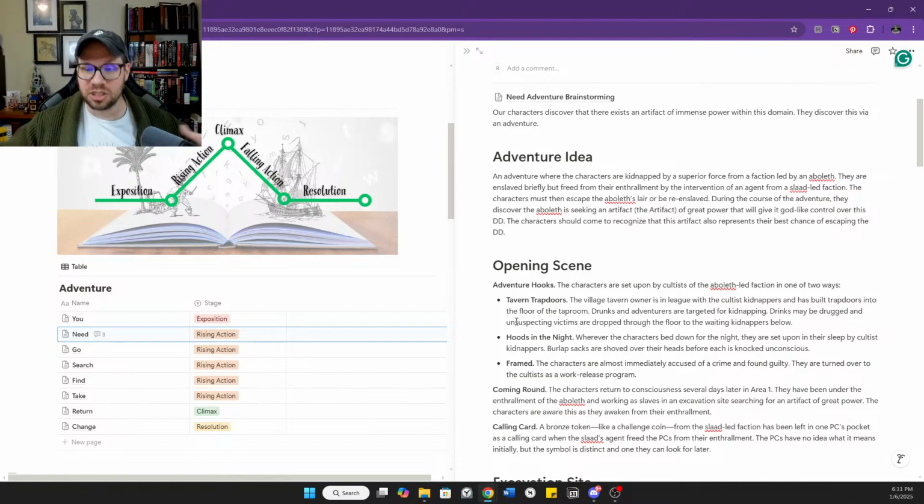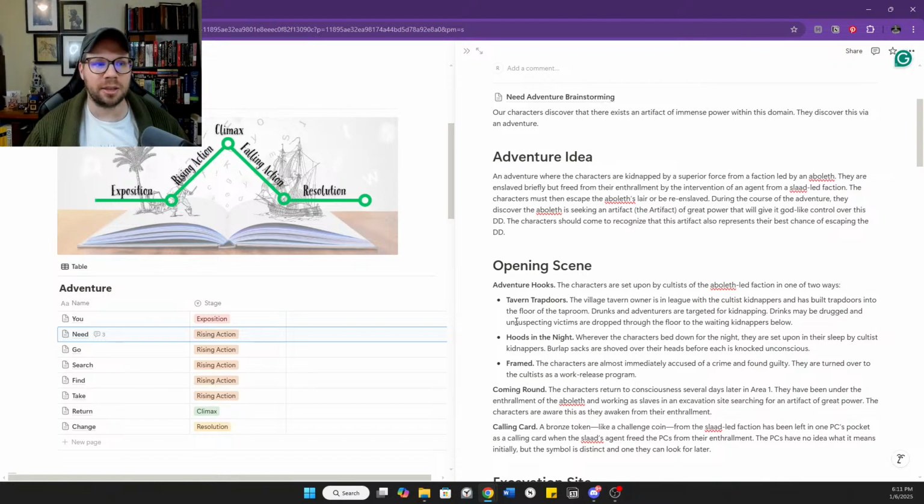And the characters then have to escape this. We originally had it as an aboleth lair, but it turned into more of an excavation site, a work site. They've got to escape, or they can end up being re-enthralled. And then during the course of the adventure, they would discover the artifact that's being sought out here.